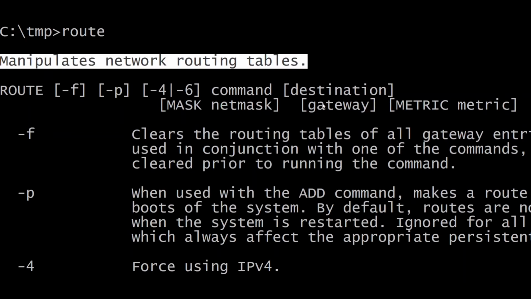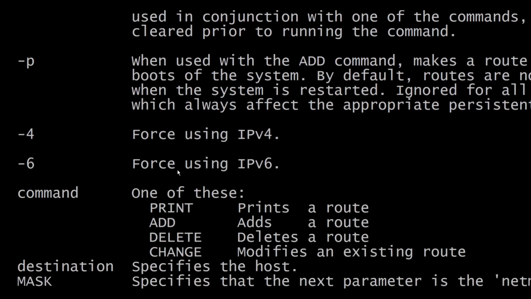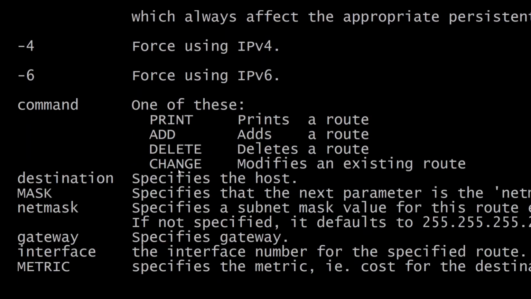And what you can do are things like adding different routes, for example, add some interface and assign an address to it and tell it where it will send packets to and so on. You can also delete entries from the routing table or modify entries in the routing table.